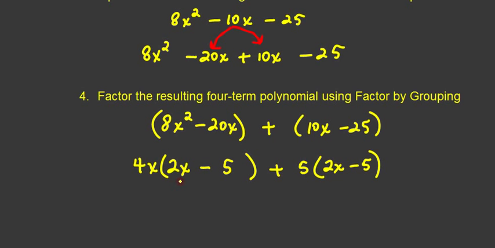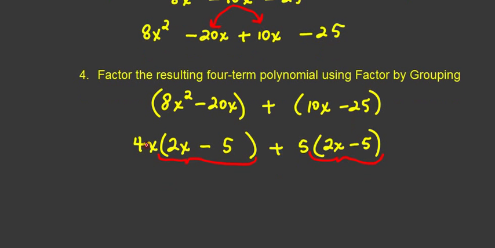Now we look at what we have at this point, and you see that there's a 2x minus 5 in this term, and there's a 2x minus 5 in this term. So the GCF for these 2 terms is 2x minus 5. So we can factor that out. So this is actually the greatest common factor for those 2 terms. So let's write down that GCF. Whoops, let's not write down the word GCF, but let's write down 2x minus 5